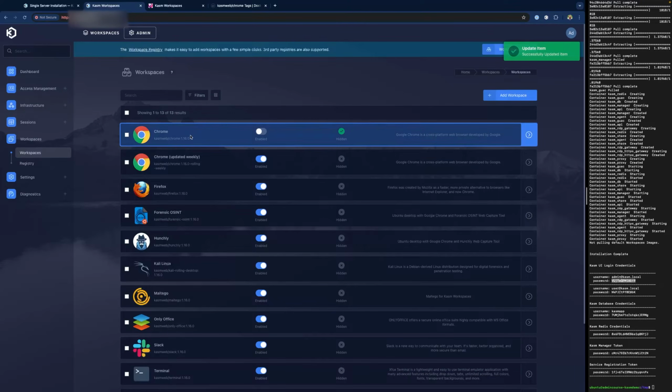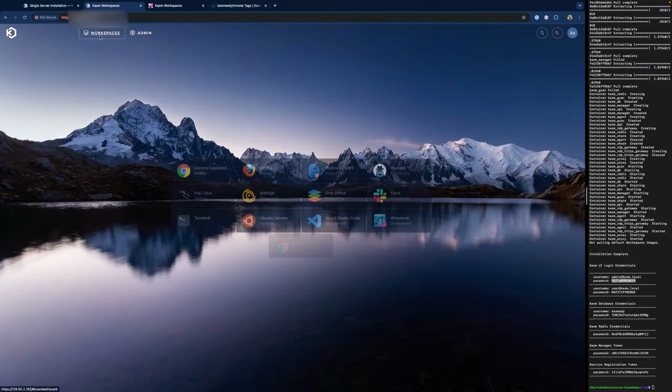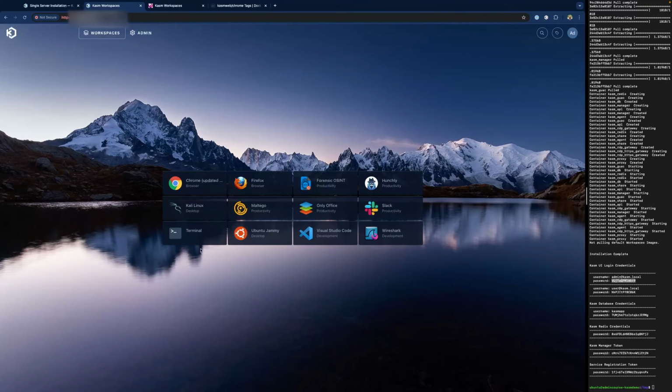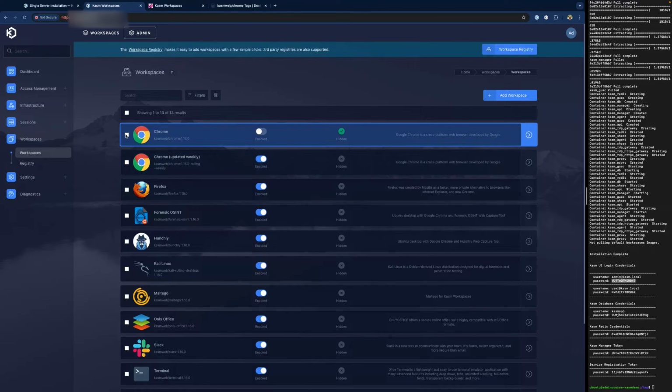We'll go ahead and hit save. And so now here, we know it's disabled. It's also flagged as hidden. When I go back to my Workspaces console, the original Chrome browser is no longer presented to me. All right, and we'll delete this Chrome.